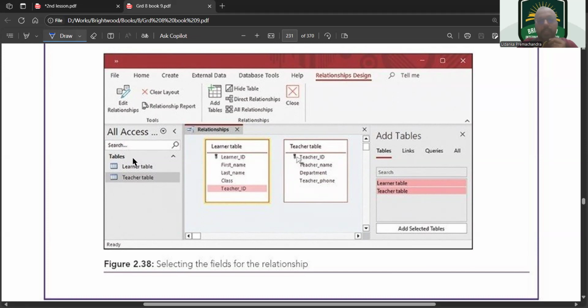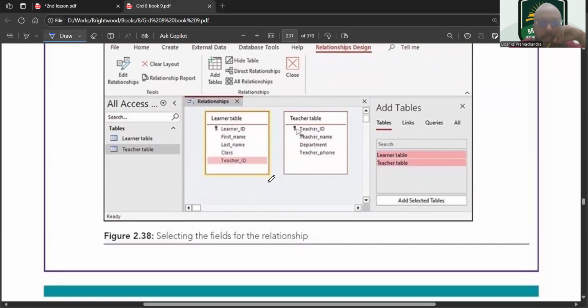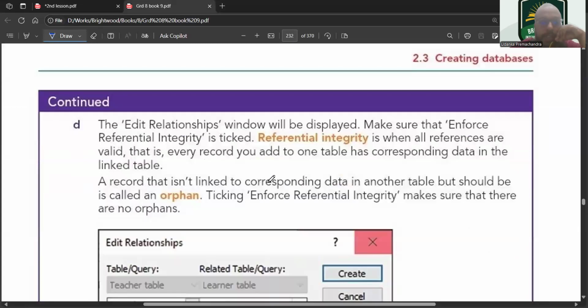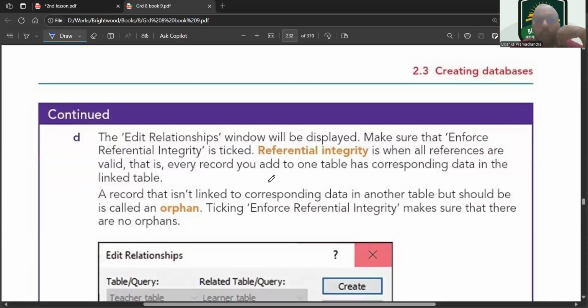Last day, we just spoke about what a database is and why we are using a database. Do you remember? So we will move forward from that. When we discuss more about databases, they have an option called